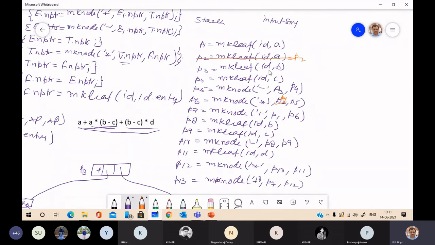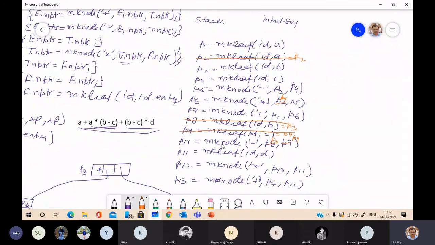Similarly, P3 has arguments identifier and B, and P8 has the same arguments. So here it is P3, it is P4. So in place of P8 and P9, you can use P3 and P4. And when you replace, you can remove these.